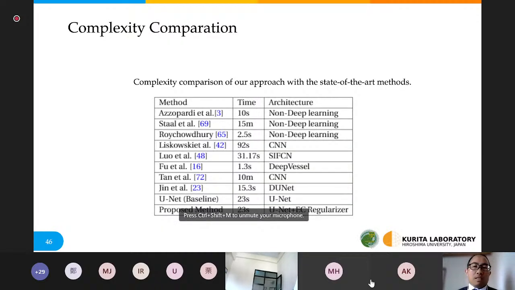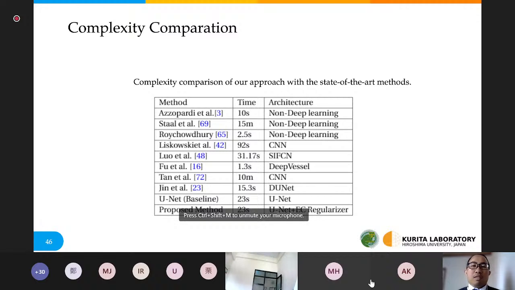In this slide, we investigate the measure of complexity of learning of our approach over the other methods during the inference stage. So we compare the computational complexity of deep learning and non-deep learning methods. We found that our approach does not show much difference compared to the other methods.